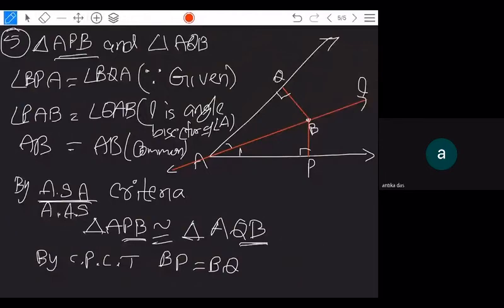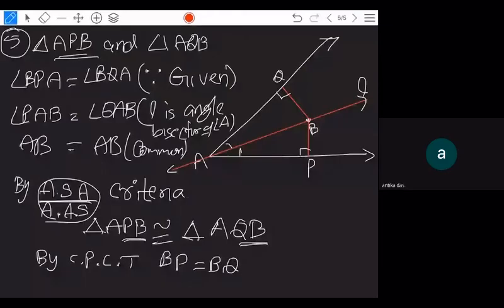Both, if you write, it is right only. Because actually here you are thinking that, sir, this side is here, so the angle between the two is not given to you as equal. Okay, whatever you are saying, it is right. But see here, whenever you use AAS or ASA, both are right only. It doesn't matter. Okay? Okay, sir. Next.